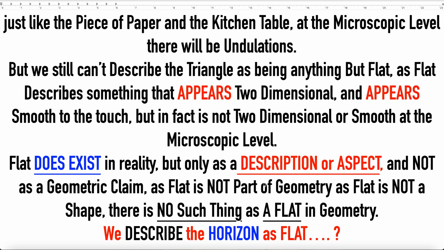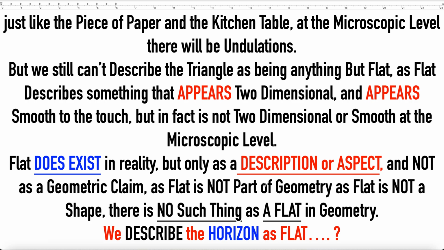It can only be described as flat, but flat is only a description. At the microscopic level, that piece of paper or the map or whatever will have undulations, just like the world we live in. Flat doesn't describe a shape, it's describing shapeless in a lot of ways. That's what it does. So I can describe the earth as flat simply because I can't find any curvature or